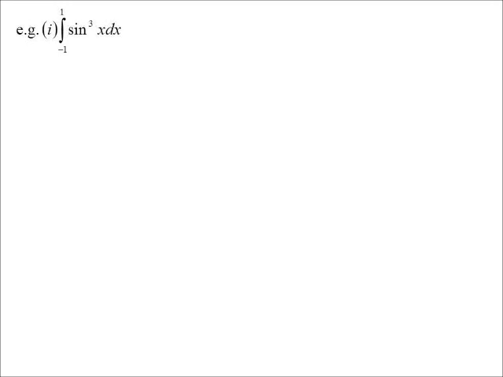We could use our technique for sine cubed. But here, if we recognise what we've got is an odd function, and we're going from -1 to 1, and an odd function cubed is odd, so we know it is an odd function, so the answer is 0. Bang, got it. Which is going to be a heck of a lot quicker than doing the actual integration